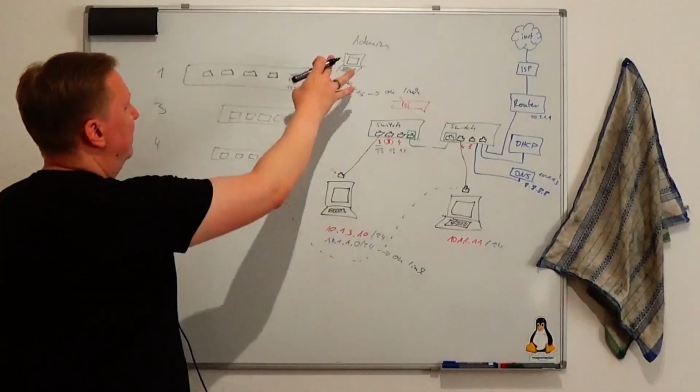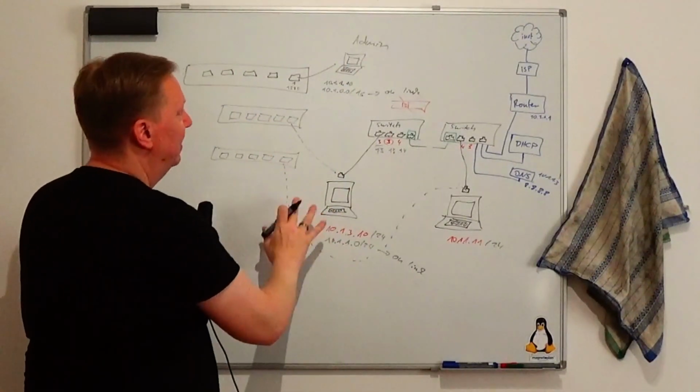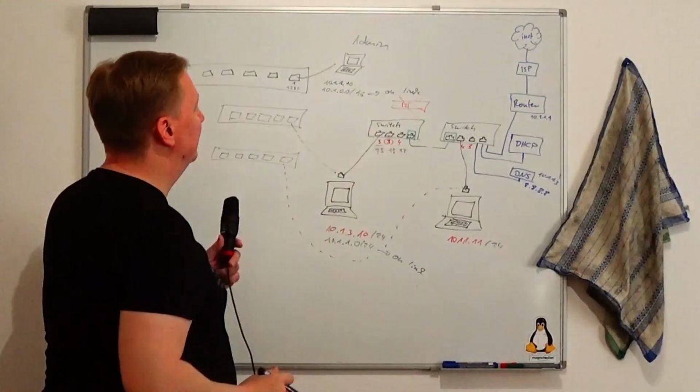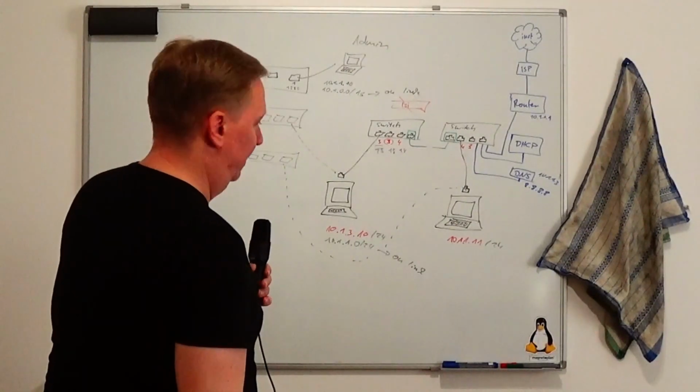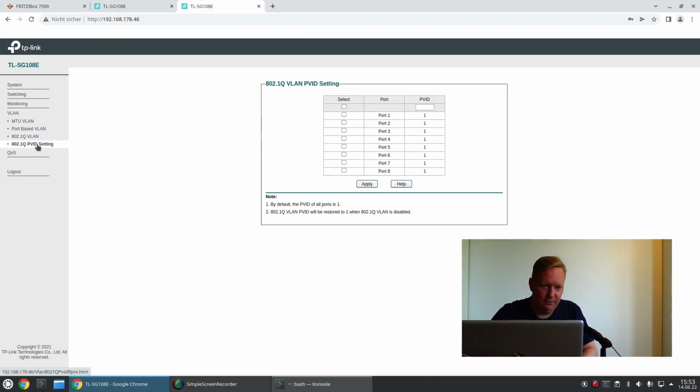So that everything that goes to any VLAN would be communicated directly and not go through some router. That's actually down here in this setting, because when port 4 sends something out, it still sends that to VLAN 1. Okay, so you need to go to this PVID setting, select the port 4 in this case,